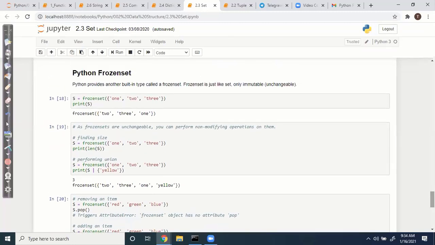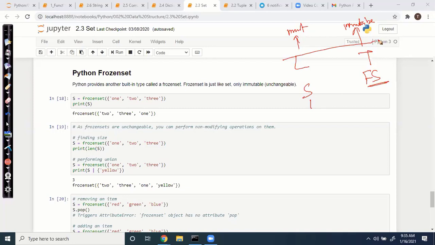So we have seen four different things: list, tuple, set. This one is mutable, this one is immutable. Set is also unordered but mutable. But like the tuple, which is immutable, we have a frozen set.